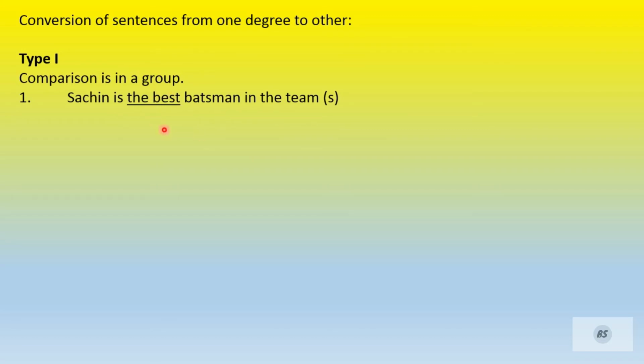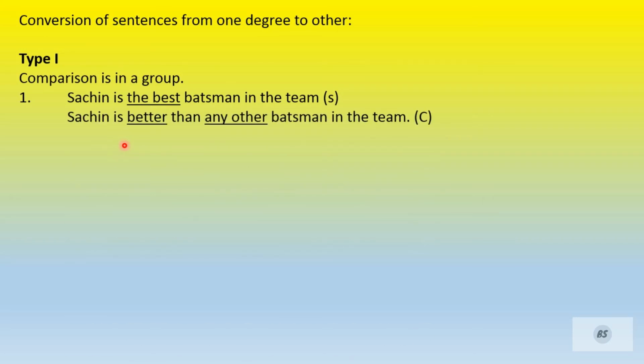The moment you see superlative form, you come to know that the sentence is in superlative degree. Now what we have to do is convert into comparative and positive degree. Now if you remember adjectives, good, better, best. So in positive degree the adjective will be good, in comparative degree the adjective will be better. But you have to ensure that you don't only change the adjective, you don't have to change the meaning also. The meaning of the sentence should be the same. You have to change the adjective, but at the same time you have to take care that the meaning should not change.